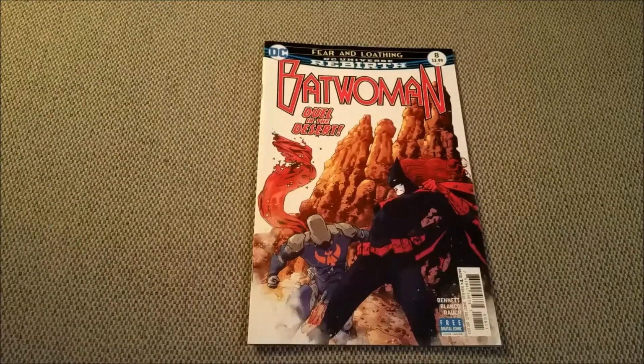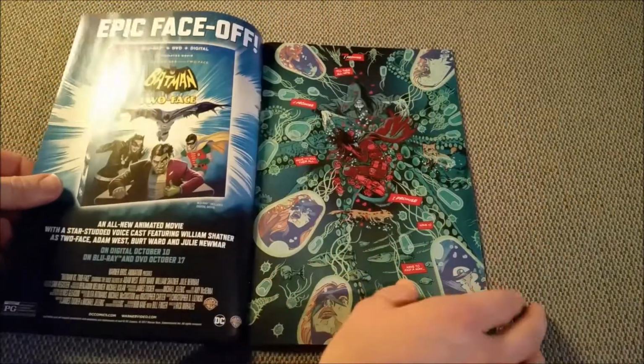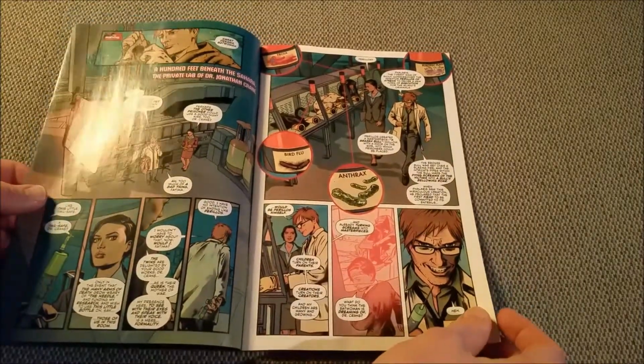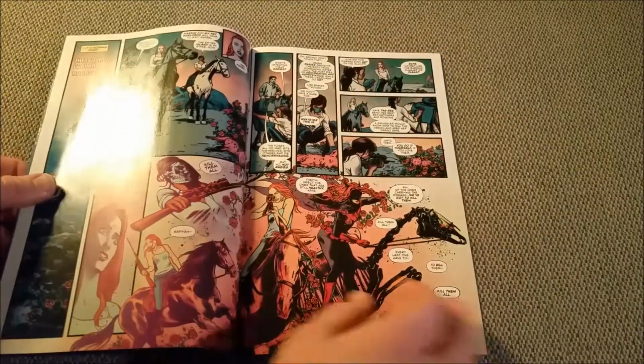Then we have Batwoman. The first arc was a bit slow, and a couple of issues in between that and this arc have been a bit of a letdown, but it kind of picked up lately. And with this arc, Batwoman is going up against the Scarecrow, and the art really works well for the series. And I really hope that we get to see more of